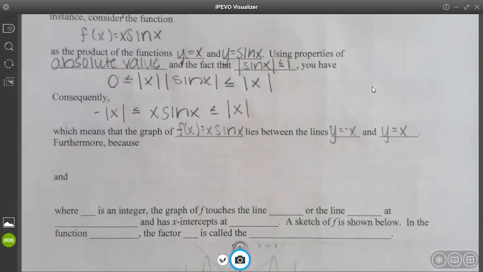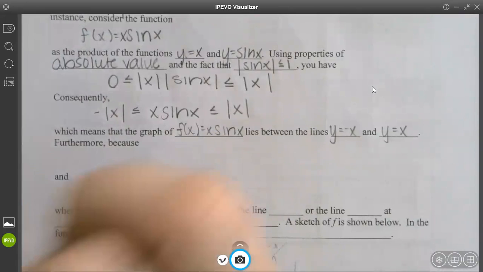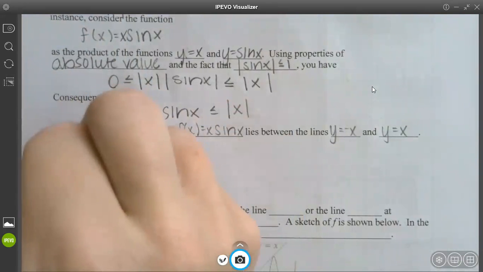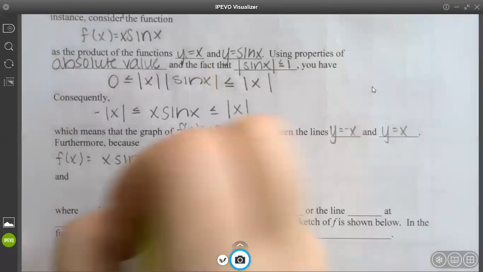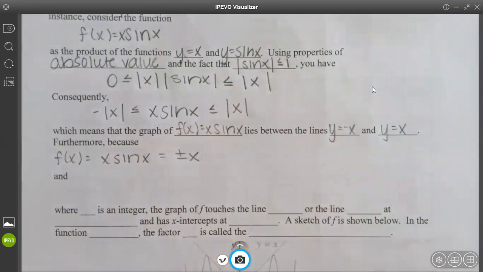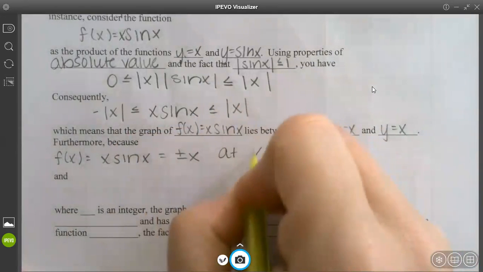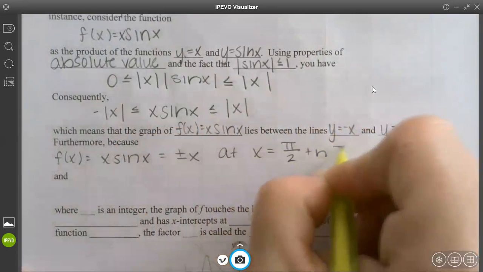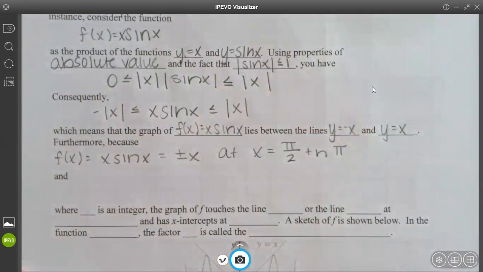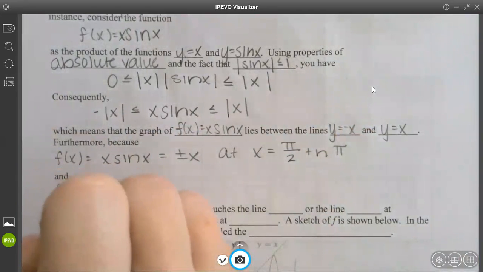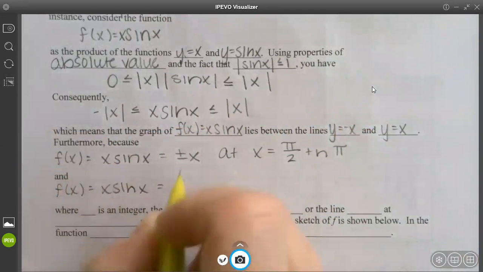So this is all just formula stuff. Don't stress about it too much. And then furthermore, because f of x equals x sine x, which will equal either positive or negative x at our asymptotes. And that function is going to be 0